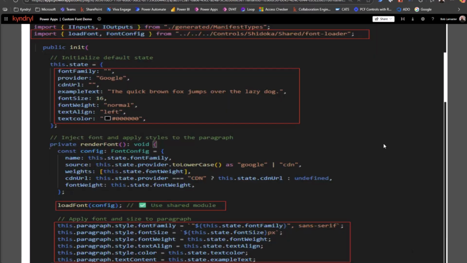And for those of you who are into making PCF kind of things, which is not for everybody, it's rather straightforward to use the module. You simply import it, and then you provide the parameters, and you call the module, just load font with the config that is defined above, and it will return back the CSS code for using that font, and that is simply appended right to the text that you want to use it in. So it's all fairly straightforward.